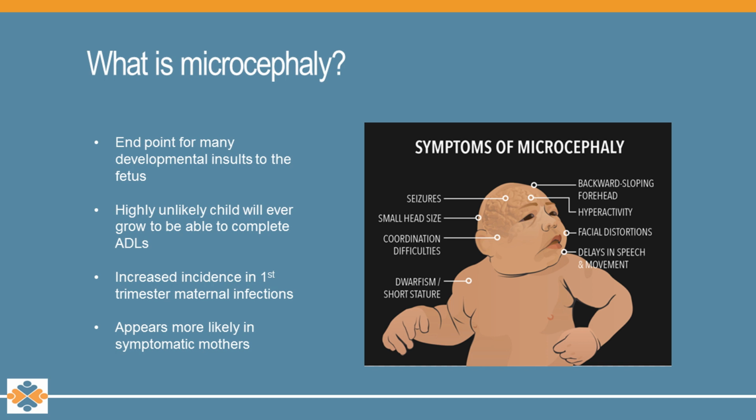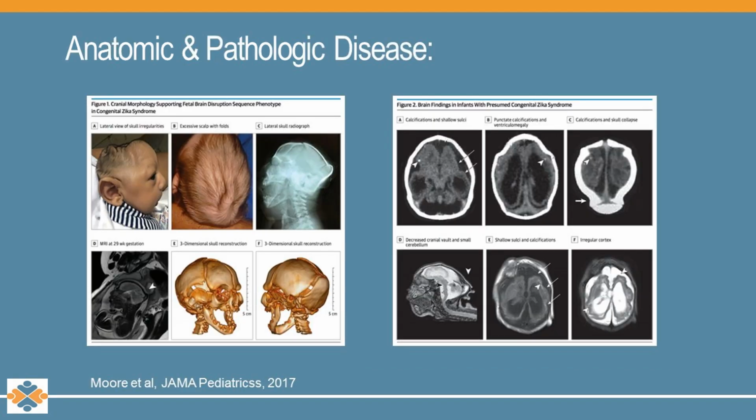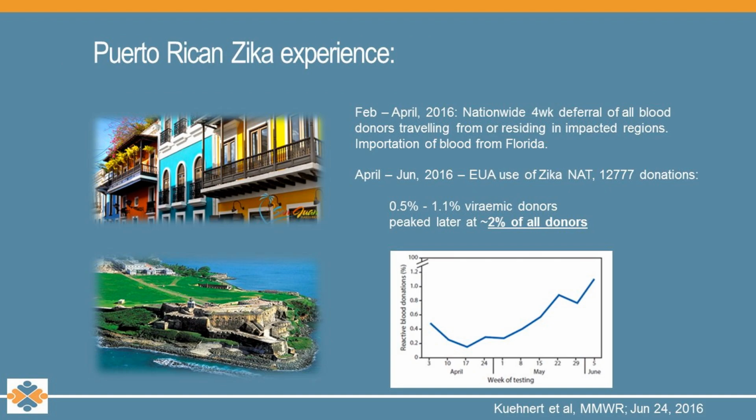It's a devastating level of neurologic damage, and essentially what we've now recognized is that the skull base can form and growth of the brain early on can begin, but then the normal pressure of brain growth that expands the skull just fades away as those neuronal connections don't get made in the face of Zika infection. And in fact, the whole skull essentially collapses in on itself, leaving a normal-appearing face but a very small head in the children. And so microcephaly is not something that's new. There are lots of infections that can do this, but obviously Zika just occurred in such a wave in Brazil and the Caribbean that this was prominent for us.